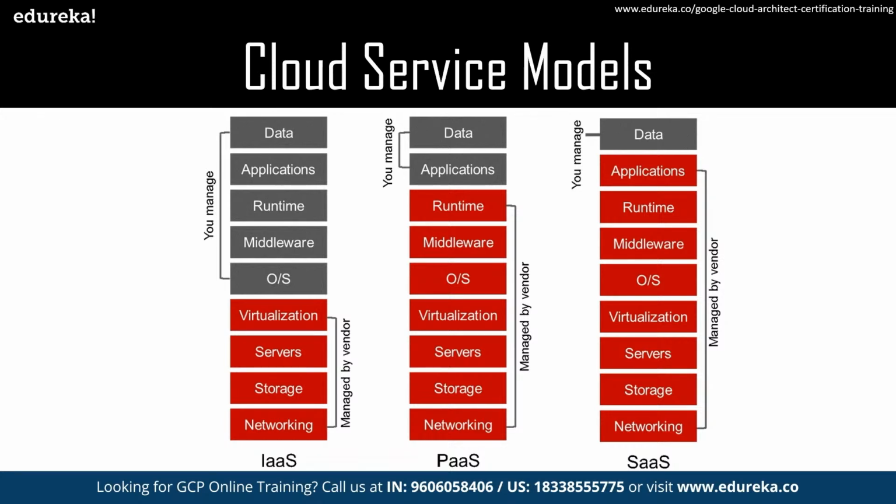PaaS. Now, when you talk about a platform like Google Cloud Platform, right? Again, it provides you something like compute engine, or rather you have your application engine, not the compute engine. You have your application engine or App Engine where the entire application is set up for you. All you do is you can choose what code, GitHub repository you want to import. Similarly, when you talk about AWS, you have something called Elastic Beanstalk, which works on similar lines.